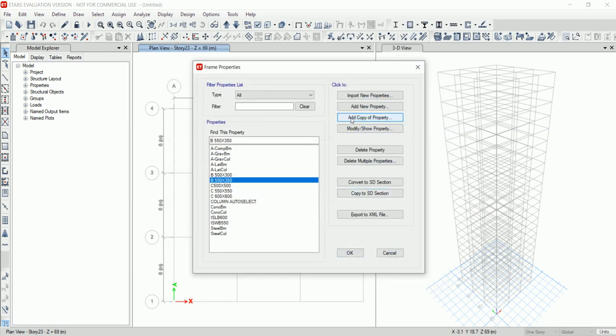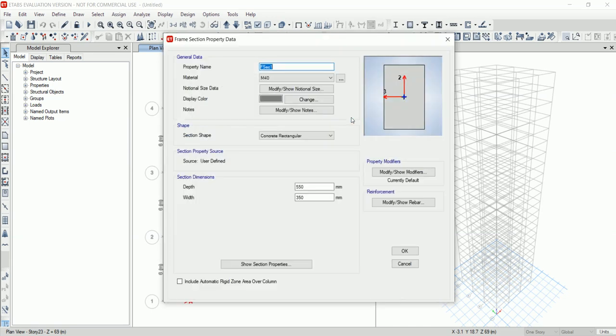Again click on add copy of property. Set the property name to beam 600 by 400. Set the depth to 600 mm and width to 400 mm.